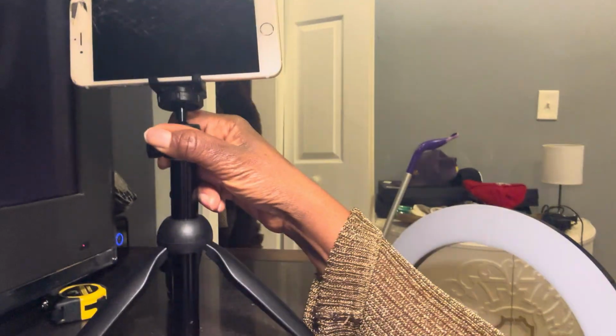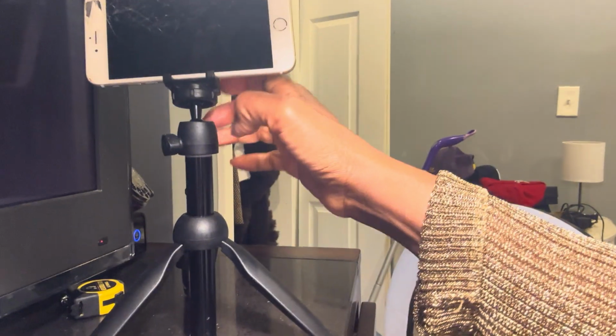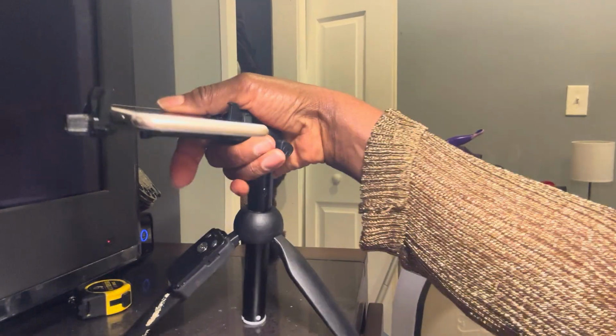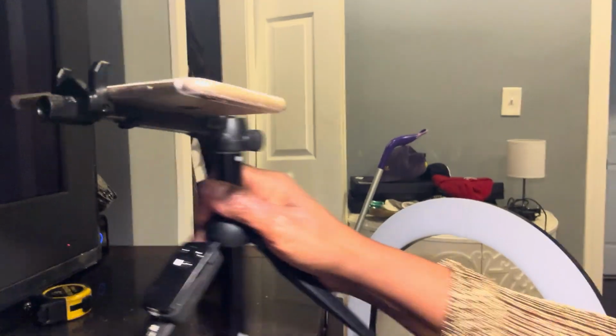And then you sit it flat like that. Can you see? All right, you sit it flat like that. And you can lean it over a bowl so that it's looking down at whatever you've got in the bowl. And yeah,